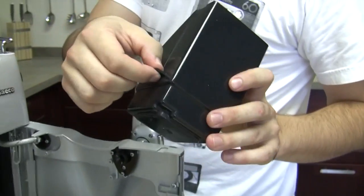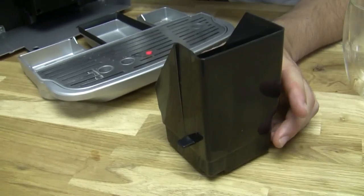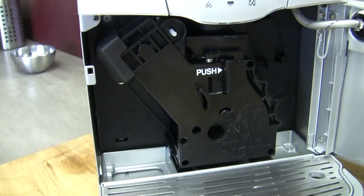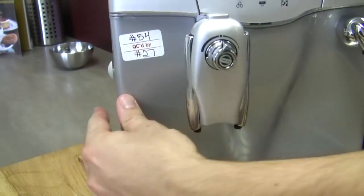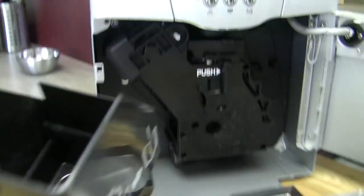A lot of times this breaks on people's dredge drawers and they don't know what's going on. Oh, it actually just snaps off. Yeah, exactly. It's probably because it kind of goes up or down a little bit, or they wash it and it falls off or something like that. But it actually needs to engage back there, because otherwise you'll keep getting dredge drawer missing. So if you get that, and you know this is in there, wiggle it around and then check that. If this is on there and everything's in place,